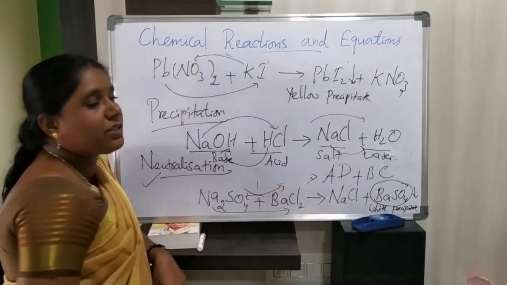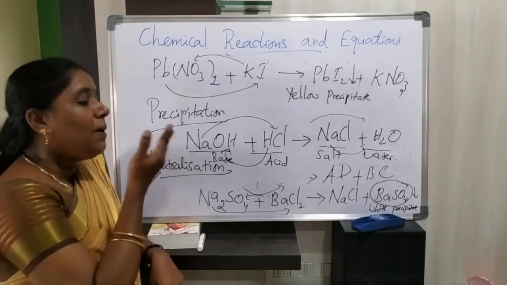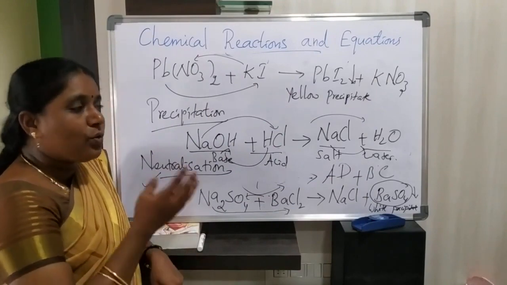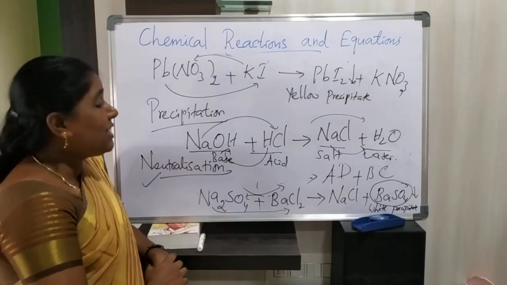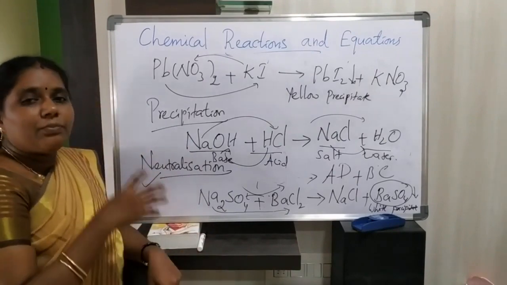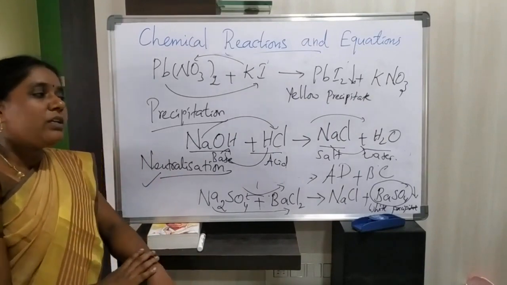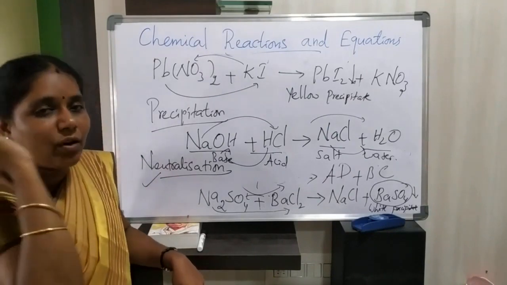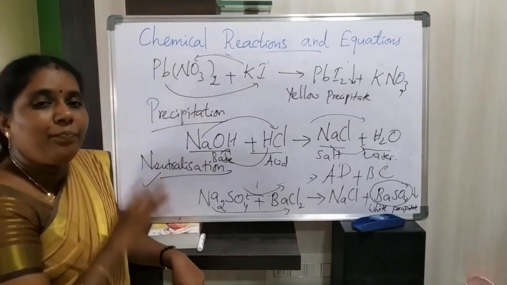These types of reactions are called double displacement reactions, and most double displacement reactions form a precipitate. So these are called precipitation reactions. Precipitation reaction is also one of the examples of double displacement reaction. So what is meant by precipitate? An insoluble substance present in a solution. Okay. So in the next class we are going to discuss other types of chemical reactions like oxidation, reduction, and redox reactions, and we will discuss them one by one.